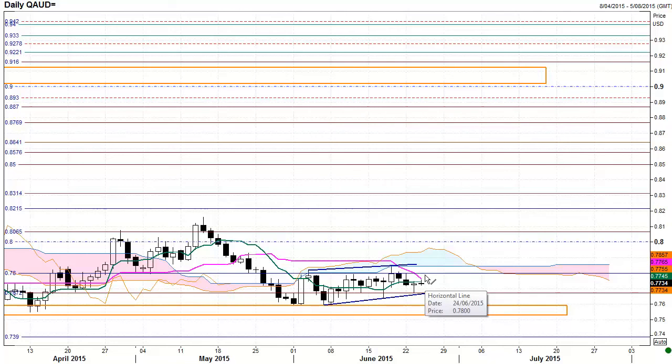78 cents has been an important number in the recent past, and then we also have the Kijun-sen trading at 77.65, and then the Ichimoku cloud, the bottom of the cloud, trading very close to that upper barrier, so we're likely to see some strong resistance coming in around that area, with the Ichimoku cloud resistance at 78.46. Not a strong dynamic market, a lot of small bodied candles within this congestion area,